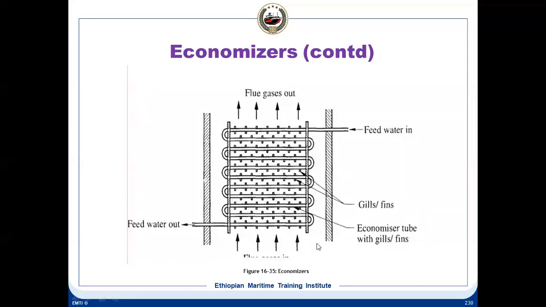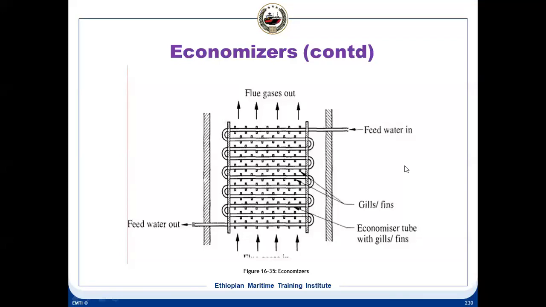And then the flue gas temperature there is higher, and there it becomes steam. And from the evaporator, it will go to the steam drum of your auxiliary or main boiler. So in your economizer, the tubes are fitted with these gills or fins. Most of the time, while cleaning the exhaust gas boiler, you would have seen that the tubes, just to increase the surface area for heat transfer, are not plain, but have these fins.